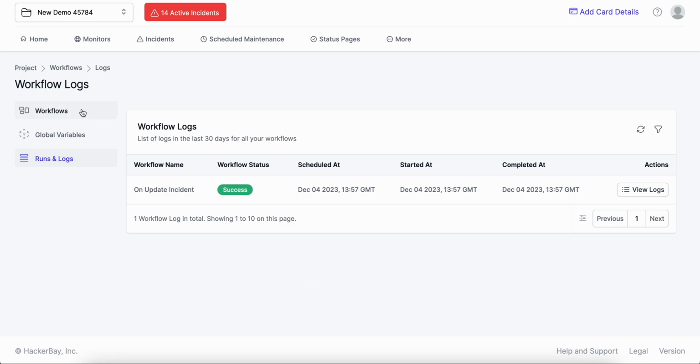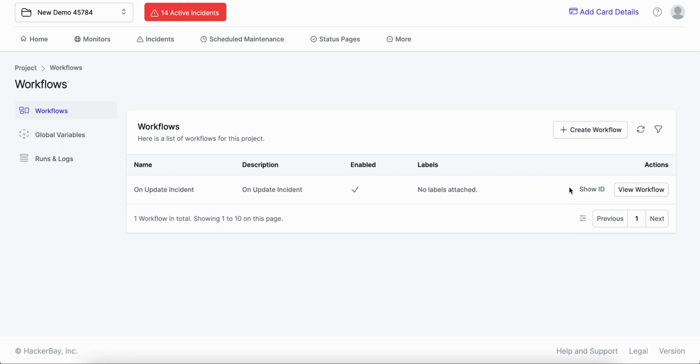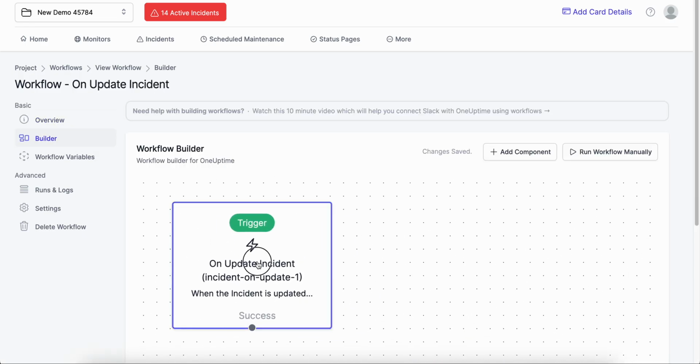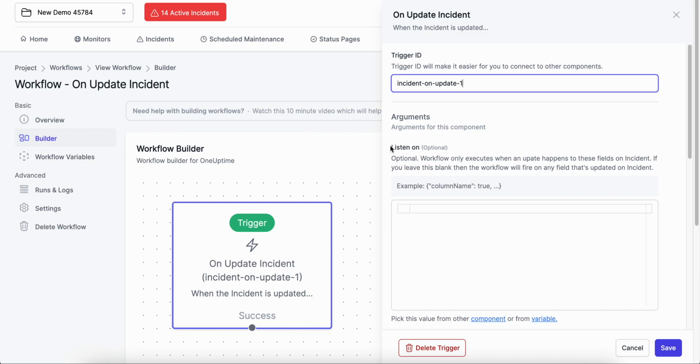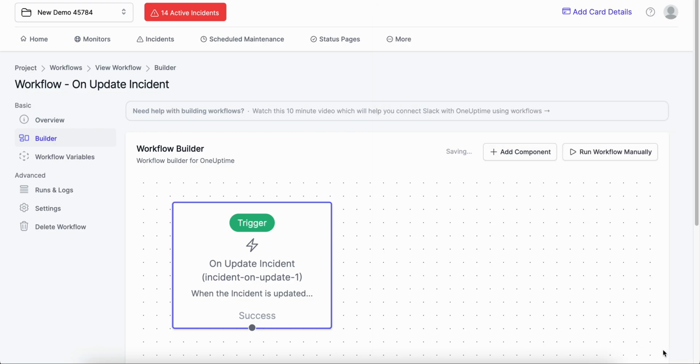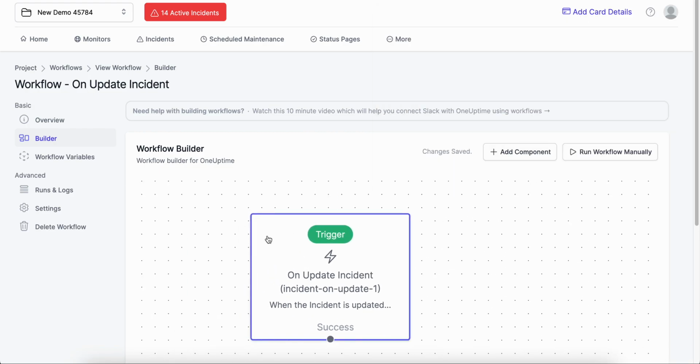To prevent multiple runs of this workflow, you could click on view workflow again, click on builder, click on this object, and here we have this thing called listen on. You could type in any field that you are listening on. So you could say whenever title updates, only title updates, only then execute this workflow. So you could say title true, and when I click on save, this workflow will only execute when the title